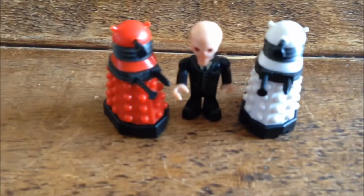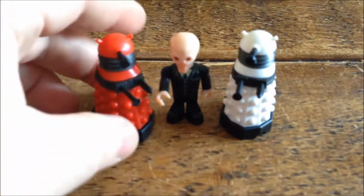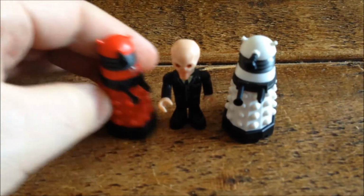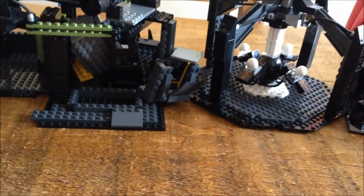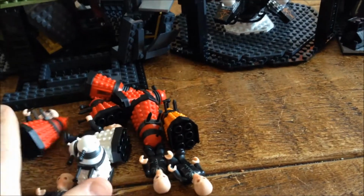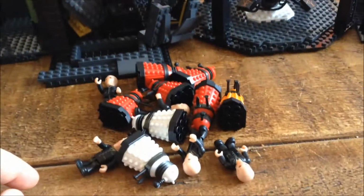One of the things I discovered with it is the figures themselves are really nice quality. You've got the newer type of Dalek design, and the Silence. Normally they came with a few figures, but because this is off the car boot sale, it came with stacks and stacks of figures in the box. Somebody just threw them in as a bit of a bonus, which is great. So I've got loads and loads of Daleks and loads of the Silence,